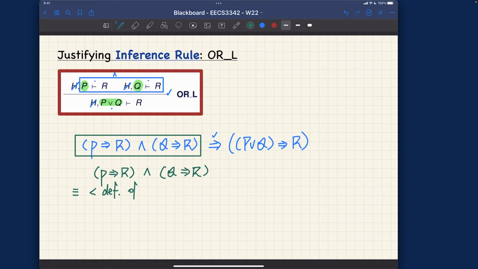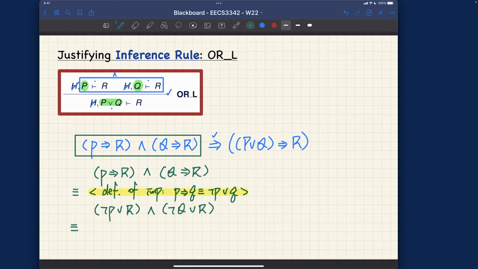Definition of implication, which is whenever we say P implies Q, that's equivalent to not P or Q, right? That's something we did earlier, right? So this is a justification. Let me highlight it over here. So by using this justification, we got another equivalent predicate, which will be not P or R. Right? I'm going to apply that twice. And also not Q or R over here. Right? And I will be able to apply another thing, which is called